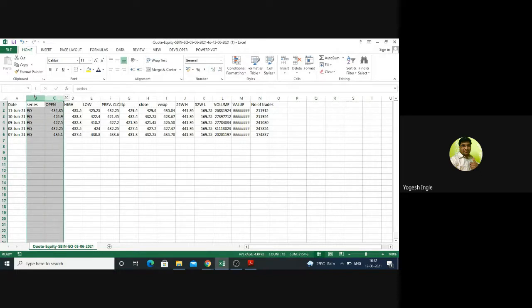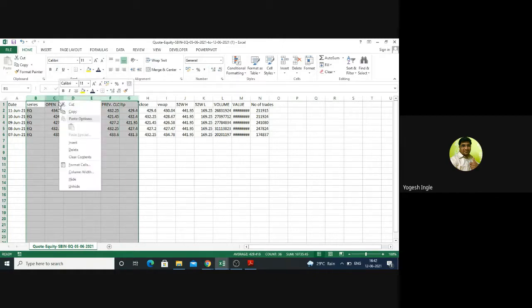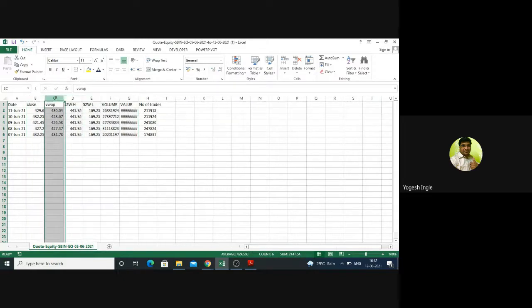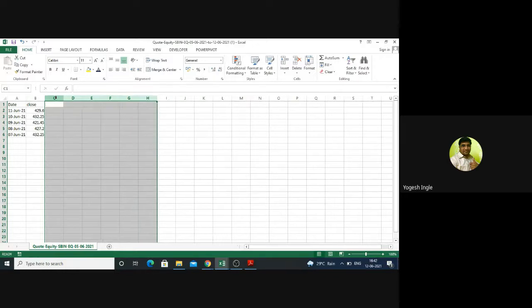Shift and side arrow key to select multiple columns. Delete. Again, I don't want 52 weeks high price. I don't want 52 weeks low price, so I will delete that also. Press F4 to repeat the last action.